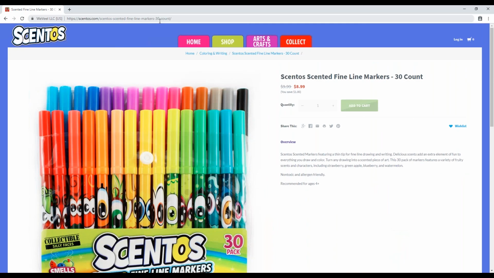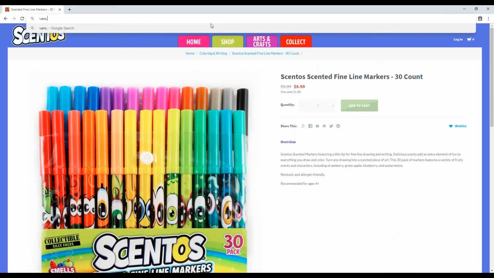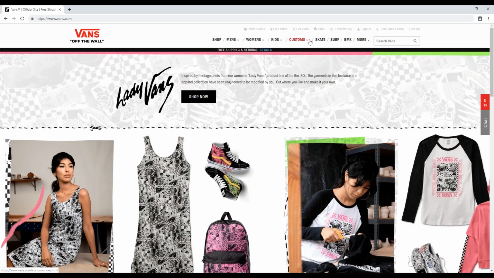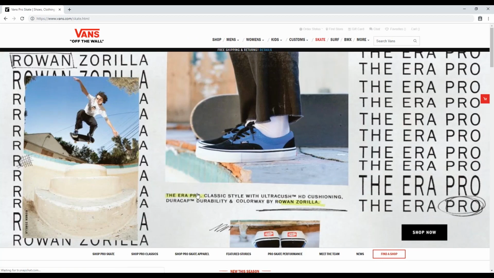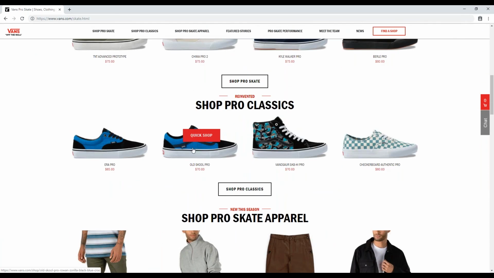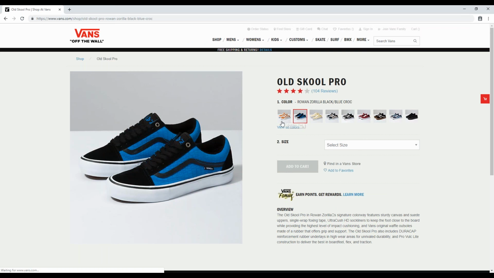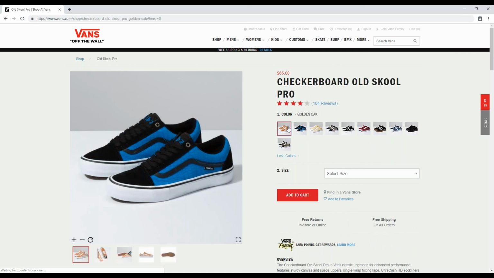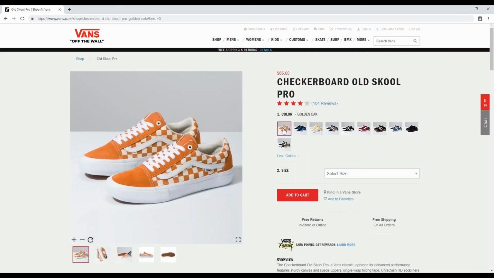Let's see, these ones are not as friendly, so we'll do Vans. And while I'm pulling this up, it'll just take some practice. The more that you become familiar with your website and how those shoes or the colors are, the better you'll become. So I want to view all colors here, and if it was in a drop down of a color list, I could capture this as a list. Additionally, I could capture, see how those words are hovered over